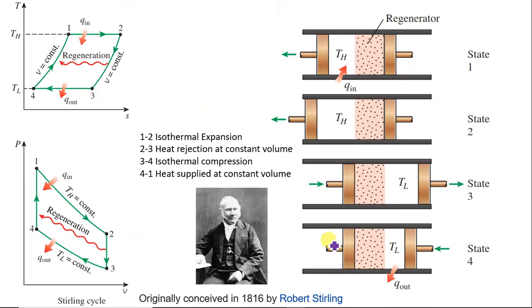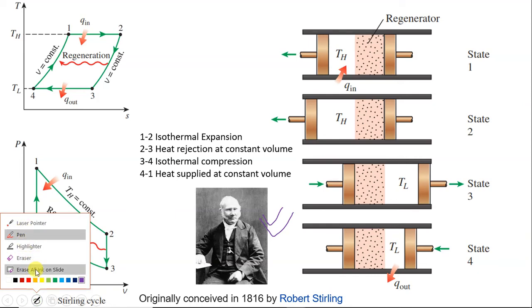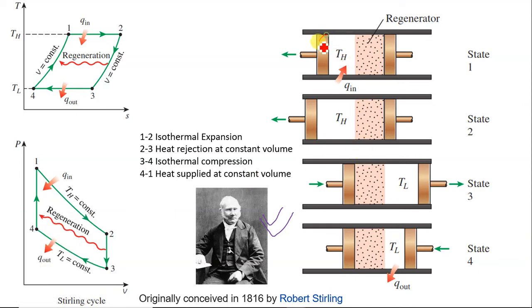Next, we'll go to the Stirling cycle. The Stirling cycle was originally conceived in 1816 by Robert Stirling. The engine has been shown over here. Now understand this, this is a critical part to understand, because here regeneration is there. So understand it properly, how it exactly works. Here basically we have a two-piston arrangement. You can see one piston is there, and here you can see one piston is there, and in between you can see this pink colored part. This is a regenerator. Basically it is a type of energy storage system.